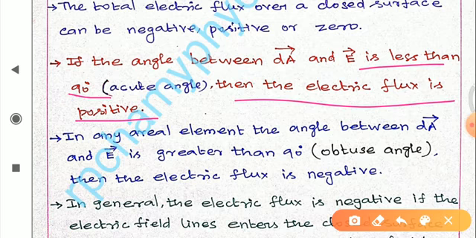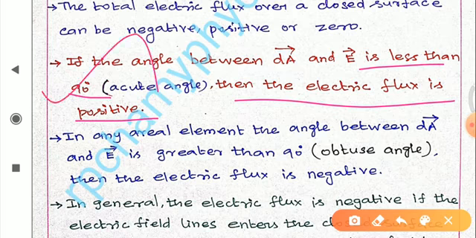Okay, positive region, first quadrant. So all will take positive value. You may study "All Silver Tea Cups" in the first quadrant. All trigonometrical functions take the positive value. So if the theta value is an acute angle, less than 90 degrees, it will come under the first quadrant. In the first quadrant, all the trigonometrical functions take positive values, so we can consider the flux is also positive.